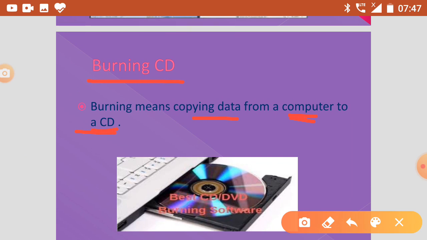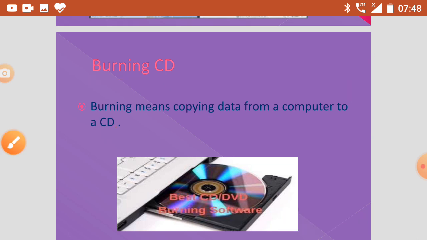In ripping we copy our data from CD to computer. Now we will copy our data from computer to CD. We have a blank CD and we will fill it with the help of our computer. These are the things we have to do in burning.